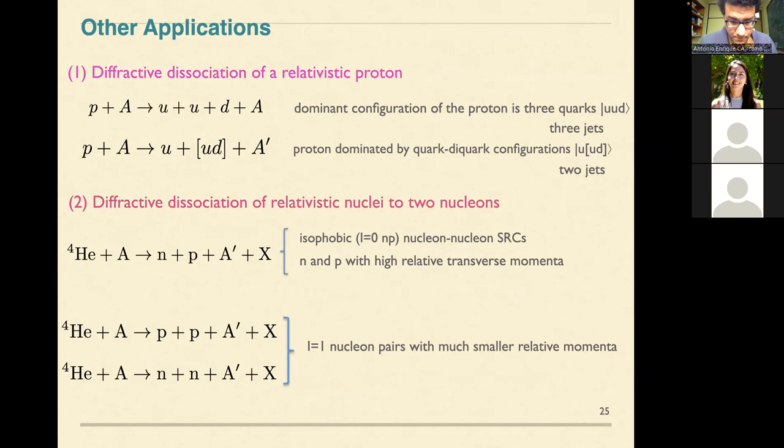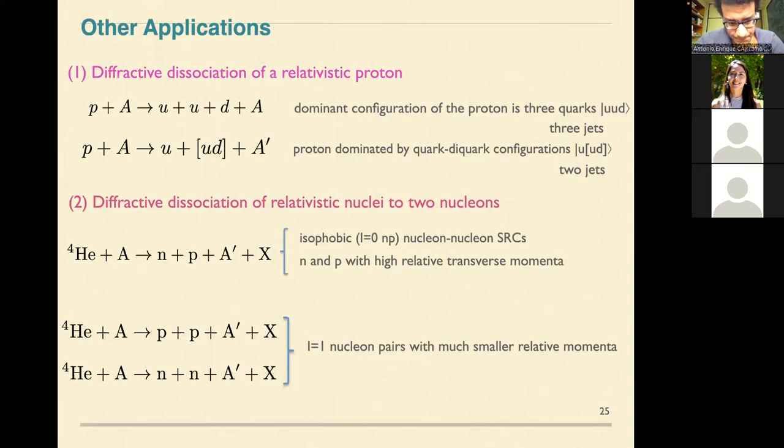So for example, the bottom line where you have the helium-4. Here, A is what? A is some nucleus, right? Nucleus that can be excited. And the A prime is the same nucleus. A is the target nucleus, and A prime can be the excited nucleus. It's the same nucleus, yes.